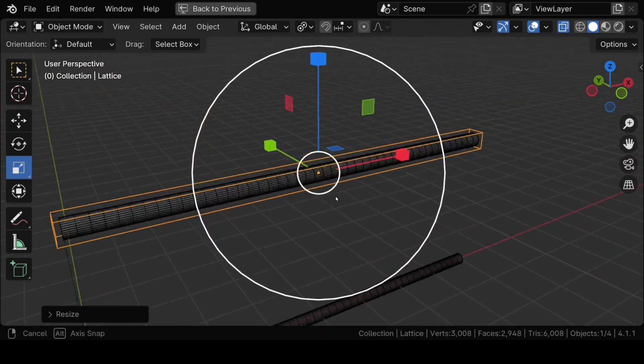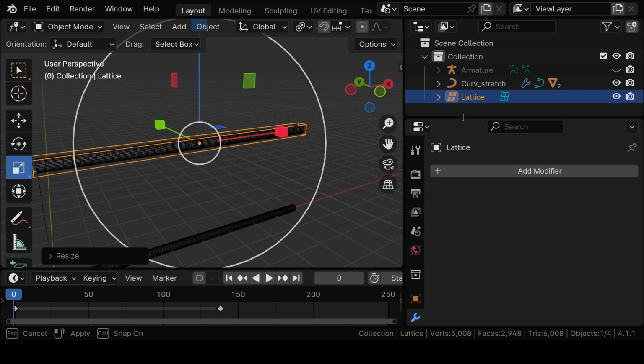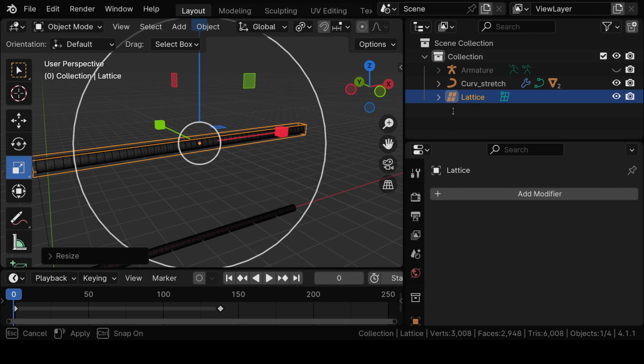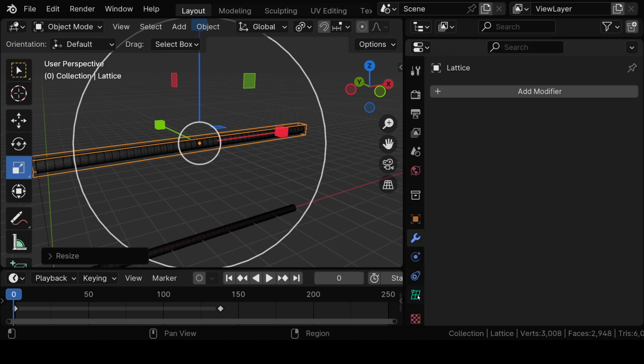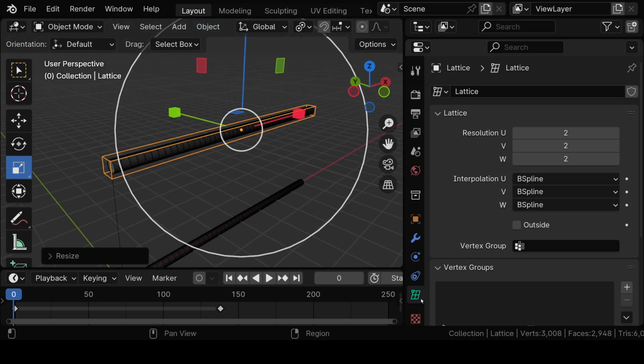Right. Now the lattice looks like a mere cube, but if you see in the outliner, it will not show a normal cube icon. It will show up like a lattice, a different kind of symbol. And here also in the data properties you can see the lattice symbol. Here in the lattice, go to object data properties for the lattice, and then you will see this lattice